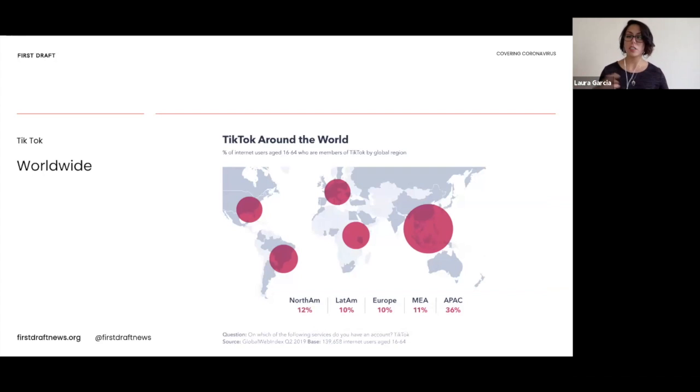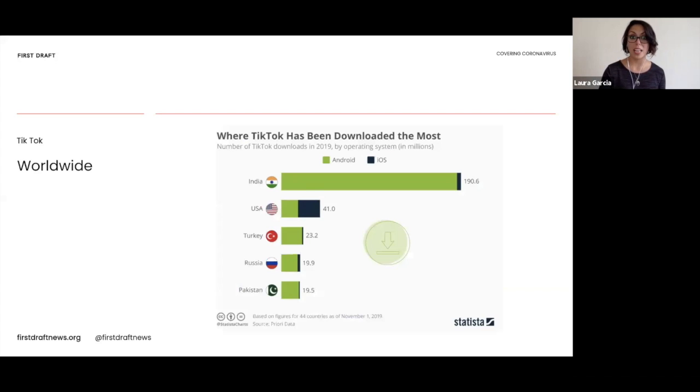But again, it's starting to find new markets. For example, I'm originally from Mexico, and people are really starting to get into TikTok. So I'm sure these are going to pop up all over elsewhere in the world. And because it can travel across languages, that helps as well. Last year, it was downloaded the most in India, then the US, Turkey, Russia, Pakistan. So again, finding new markets where this kind of storytelling and content can travel, not just across languages, but across continents and across